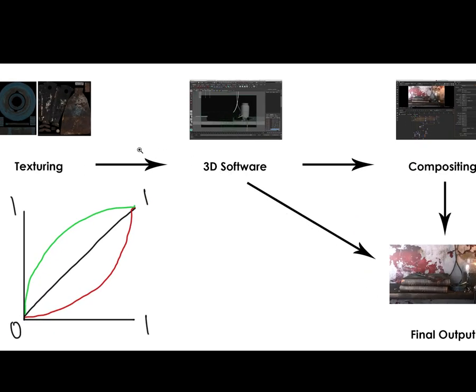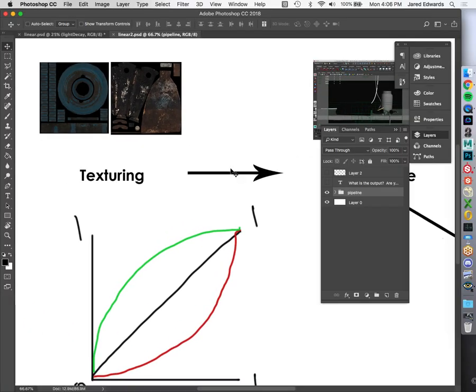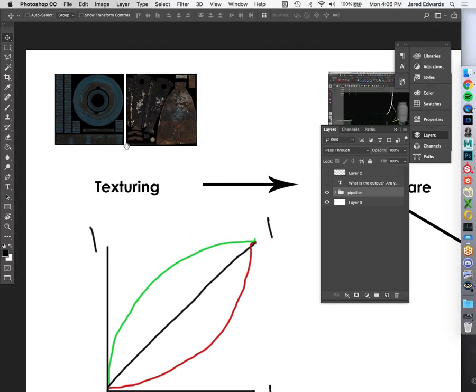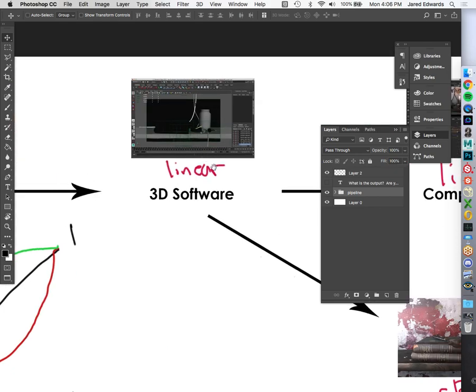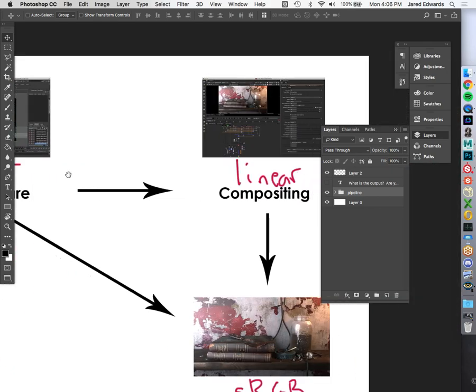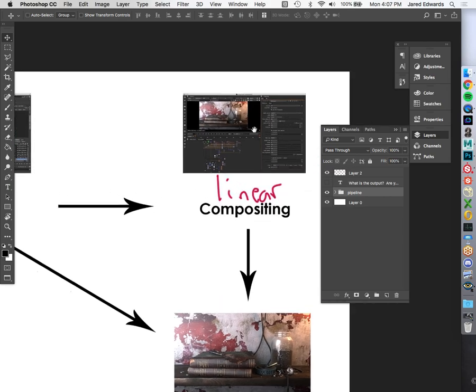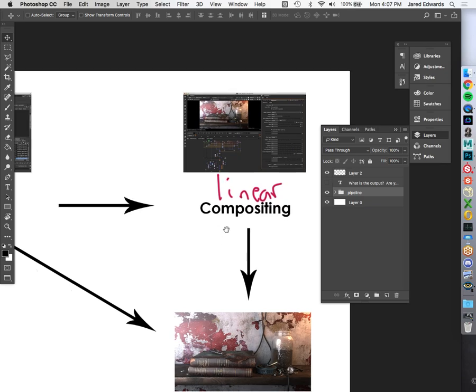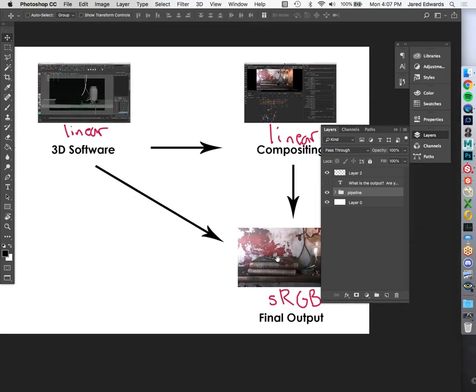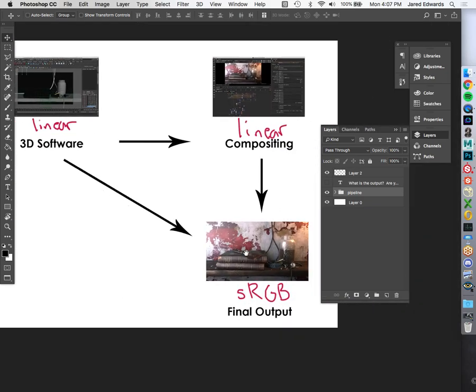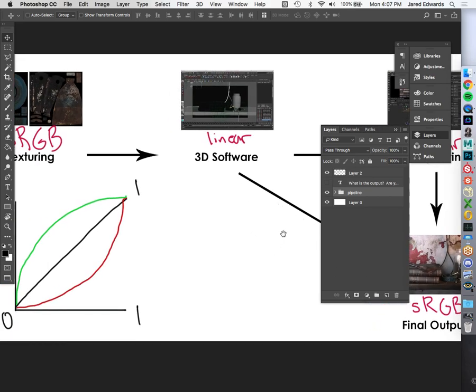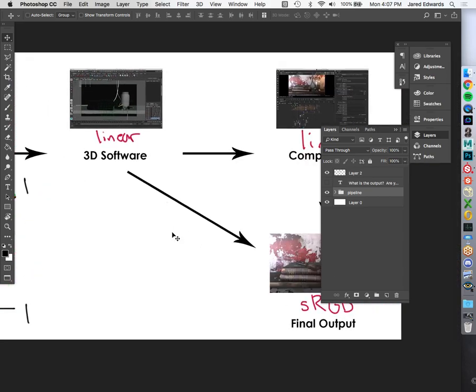What it means is, when you're coming out of Photoshop or Painter, you have textures. What color space is the format in Photoshop or Painter? What happens when you go into Maya? From Maya, are you going into Nuke? Are you still working in Nuke or After Effects? Or are you going from Maya right to your portfolio and saving out the render? Those steps determine when you hop in and out of the different